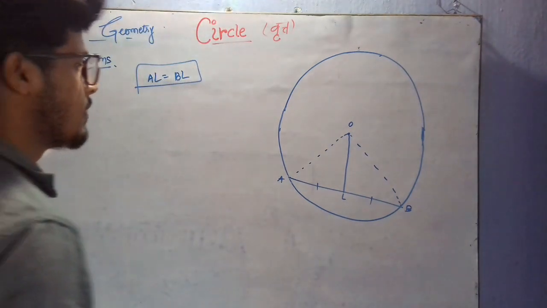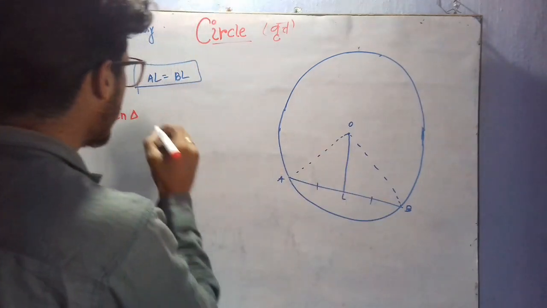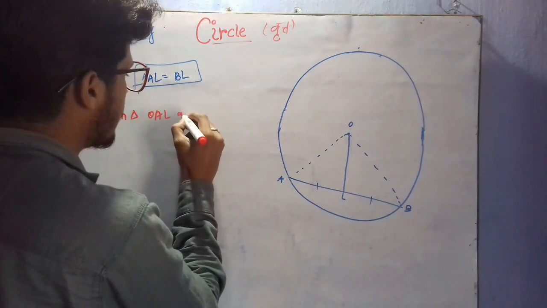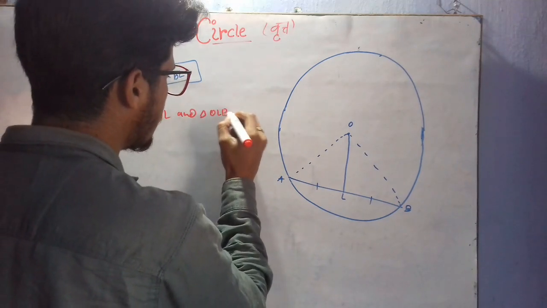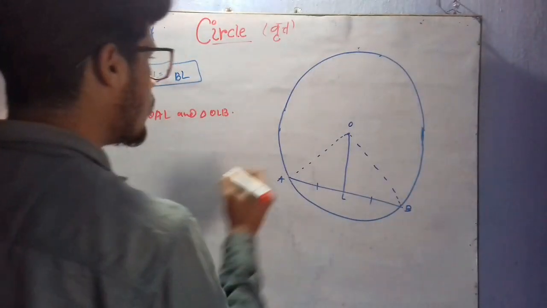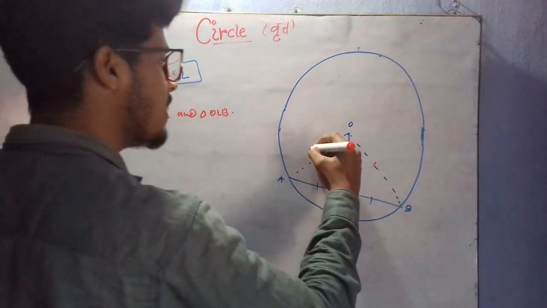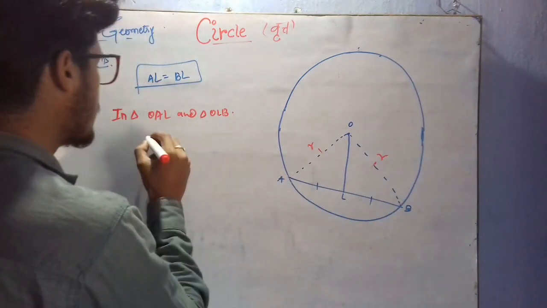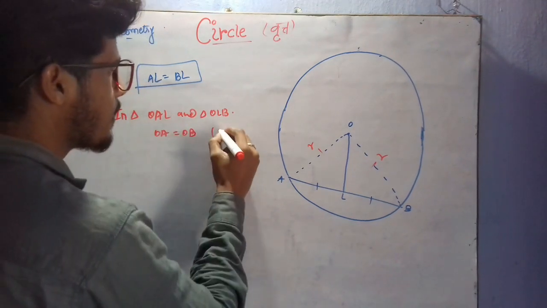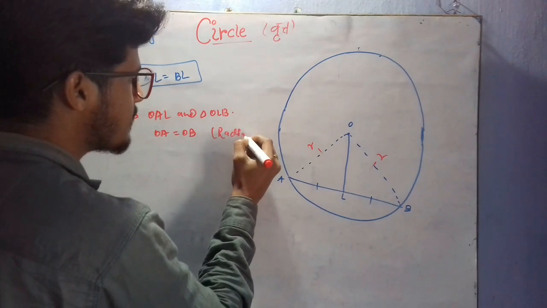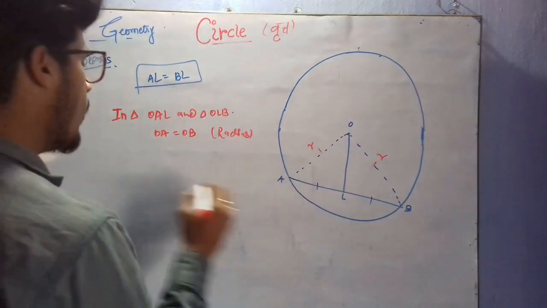Okay, it means in triangle OAL and triangle OLB, right? So we know that OA will equal OB because both are radii. If it is R, it will be R also. So OA equals OB. We need to give the reference that these are radii, right? Now OL equals OL,